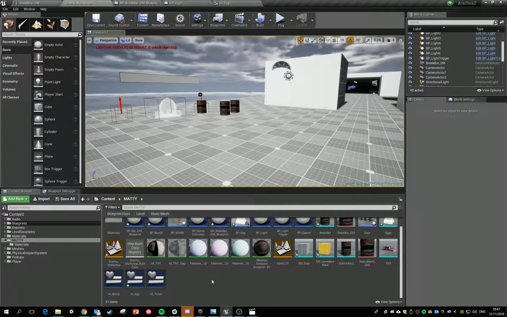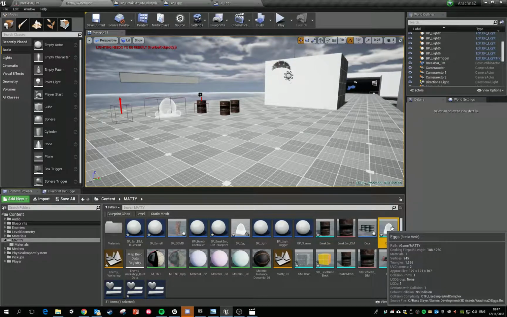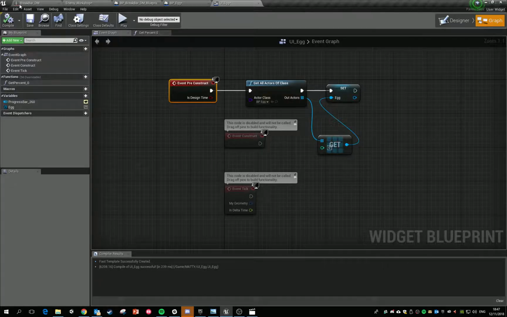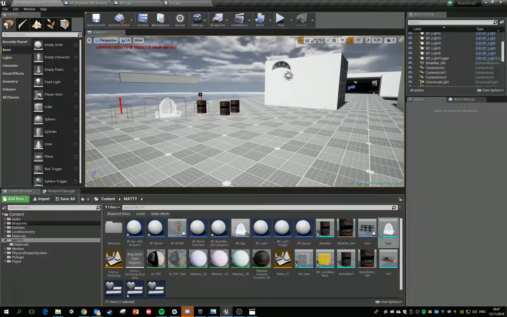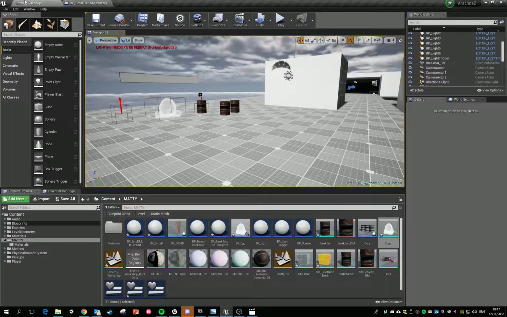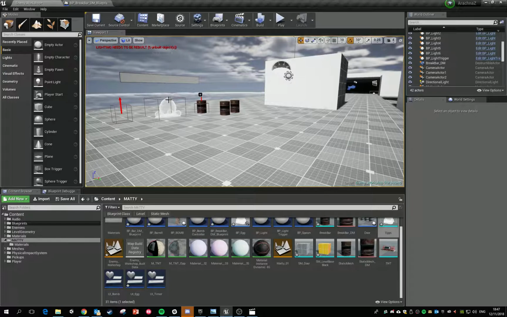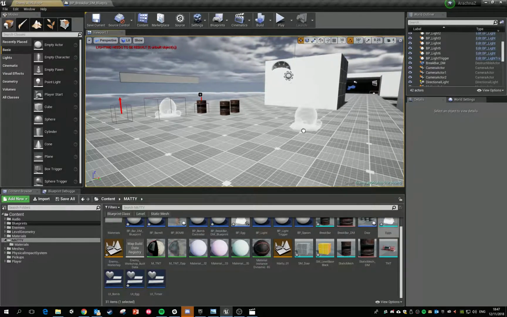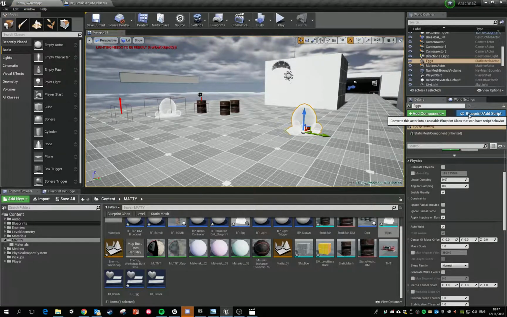So the way that I set this up was I made a real quick copy of the static mesh here, which is just called eggs. So this could be anything in your game. So I'll just close out a couple of these parts. So what we're going to do is make a new blueprint actor that contains this. Okay, so if I drop that into the game world,